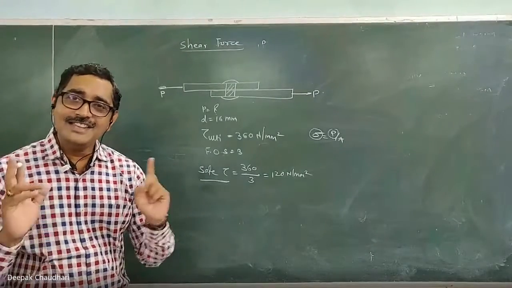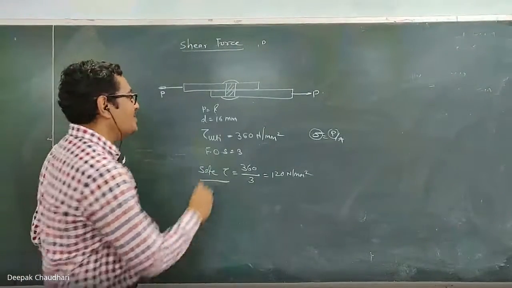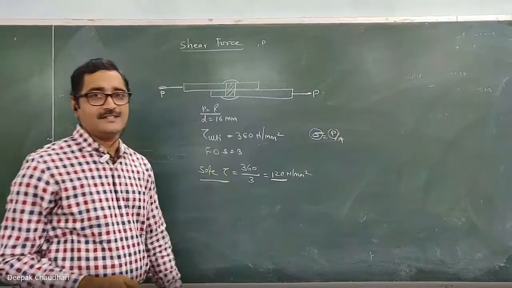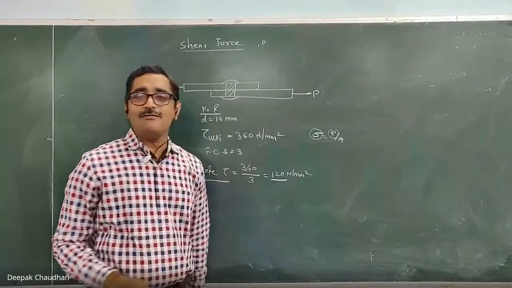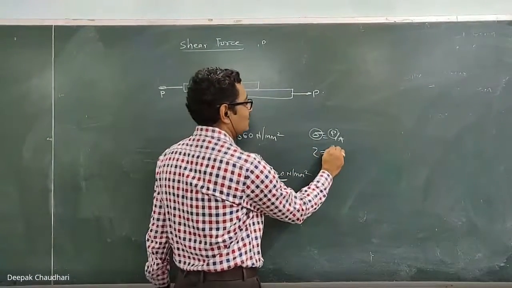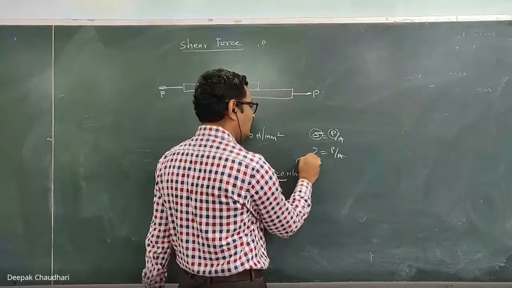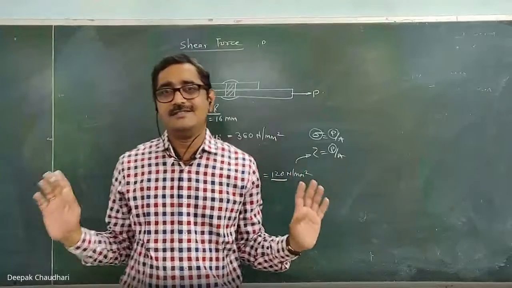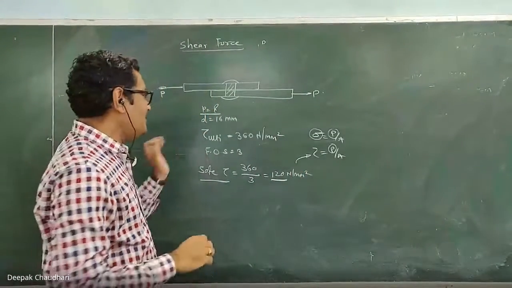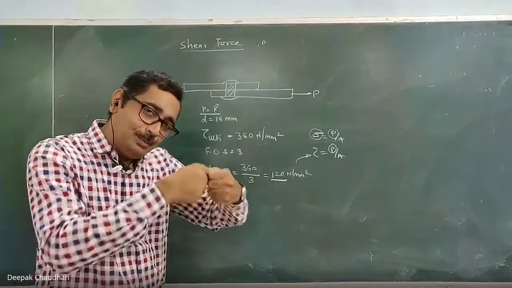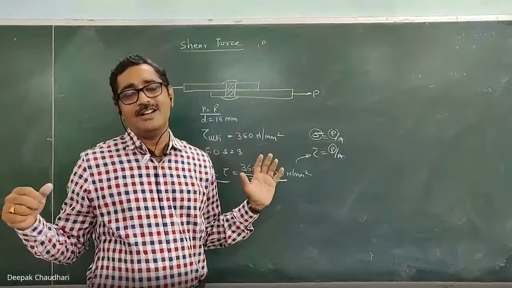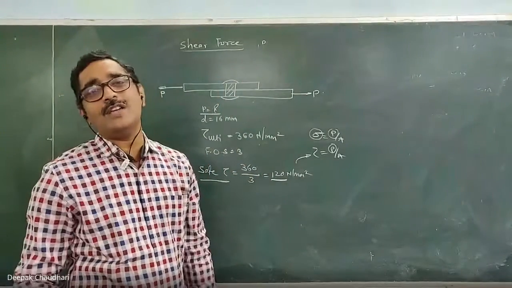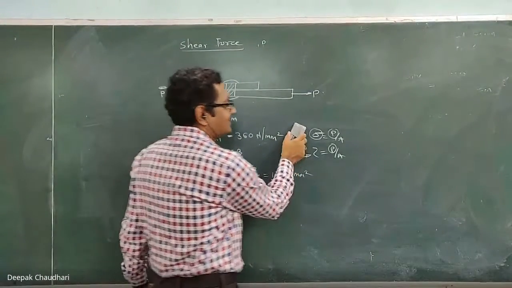But what do we have to find out in this question? We cannot find the force P required by using this value of the stress, even though the factor of safety is given. If you use this value of 120 in stress equal to P upon A, you will get the safe force P, which will not break the rivet. The question asks to find out the force P required to shear the rivet. How much force is required to fail the rivet, that force we have to calculate first.